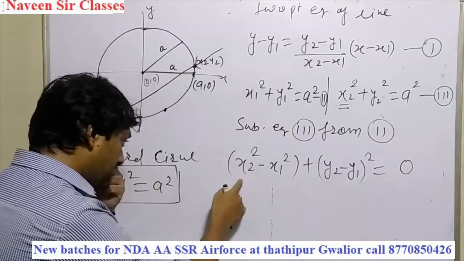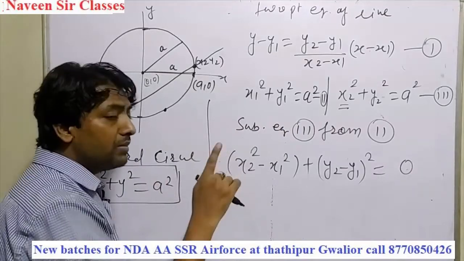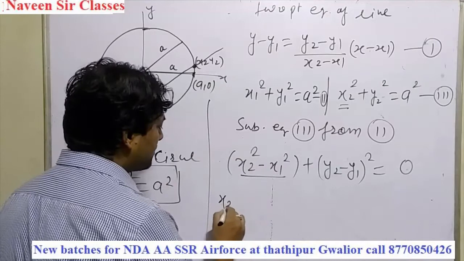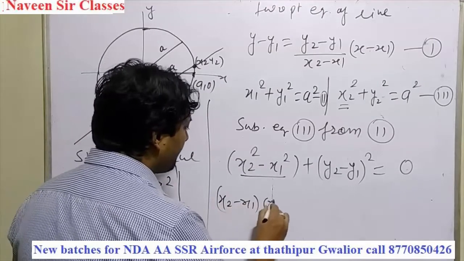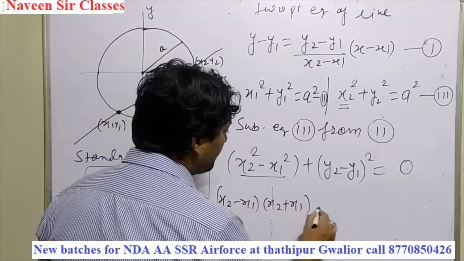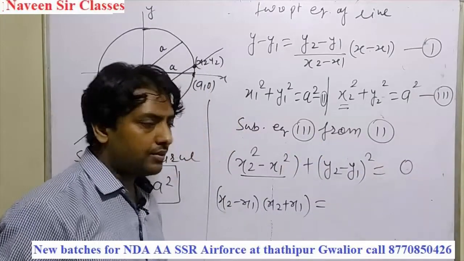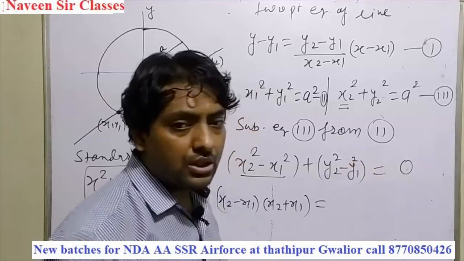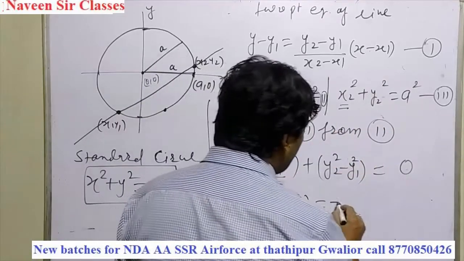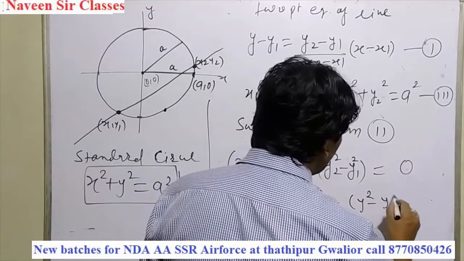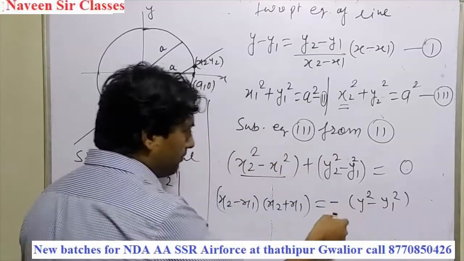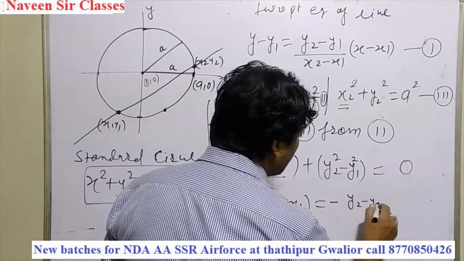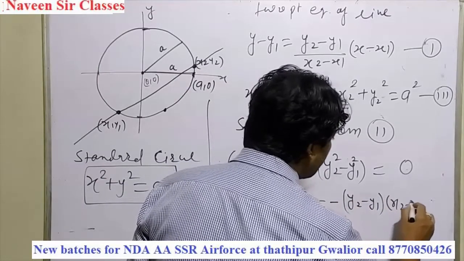Here, this one is formula a square minus b square, so a minus b, a plus b, so we can write x2 minus x1 and x2 plus x1 equal to, shift the y square, y2 minus y1 whole square, shift this one from right side, we will get y2 square minus y1 square, and we can also write this one a minus b means y2 minus y1 and x2 minus x1,